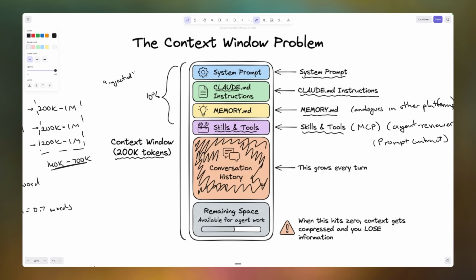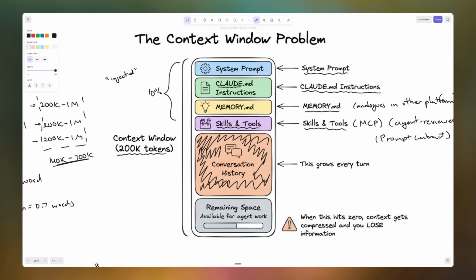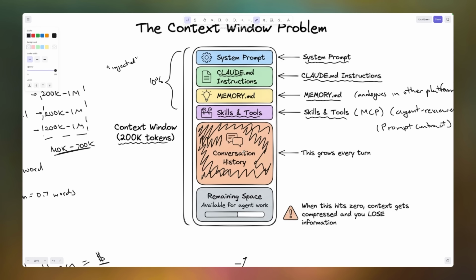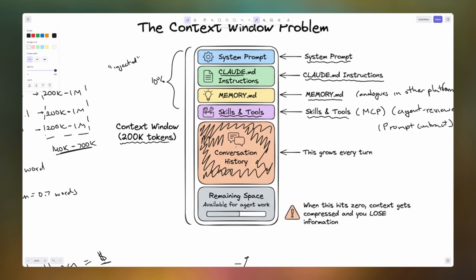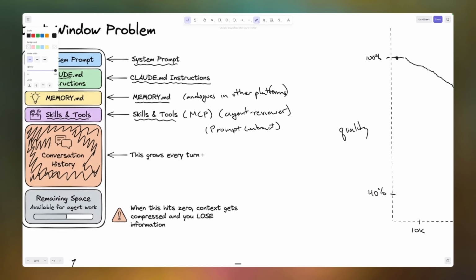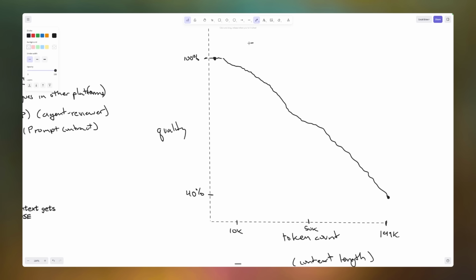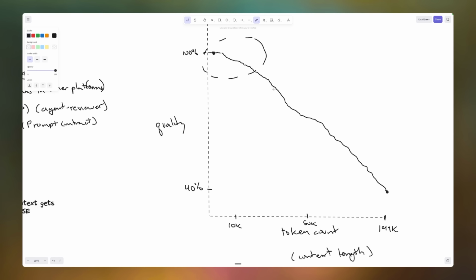And that is a problem because if you're not careful, your Claude.md with all its rules is going to get really long. Your memory.md with all your preferences is going to get huge. Same thing with all the skills and tools. And your conversation history, when you actually get to conversing with the model, will be very, very small. Instead of starting somewhere in this region here, because the context window of all of your stuff is so big, you might actually start in the effective area over here. Obviously this is not where you want to begin an agent conversation, because if you start here, it's only downhill from there.